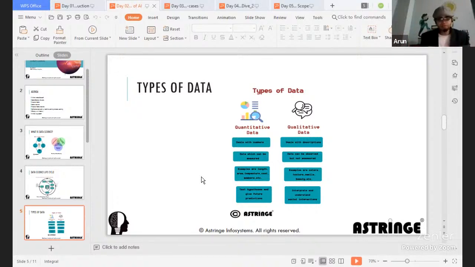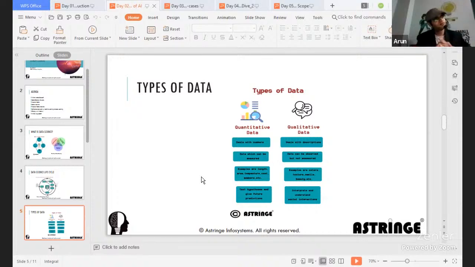We'll touch base on each of them in the further slides, but you can subcategorize in qualitative data as well. But in quantitative data, can you subcategorize? The answer is always, it depends. Meaning, if I ask how many brothers and sisters do you have, probably you will say 1, 2, or none. Would you say I have 1.5 brothers or 2.5 sisters? No, right? So there is something called discrete data and there is something called continuous data. We'll touch base upon that in the next slide, where you say, okay, this type of data I cannot segregate any further. That's called discrete data.